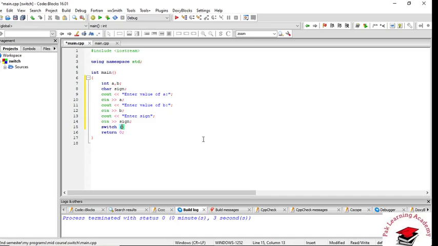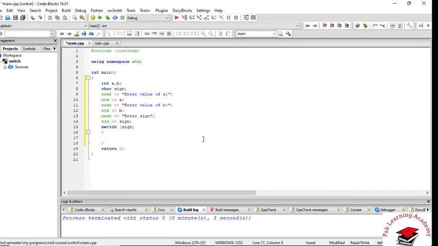If I enter plus, I want it to display the addition of two values. If I enter minus, I want it to display the subtraction of two values. Similarly for multiplication and division. So it is all about the sign. It is dependent on the sign. So here I am writing sign,